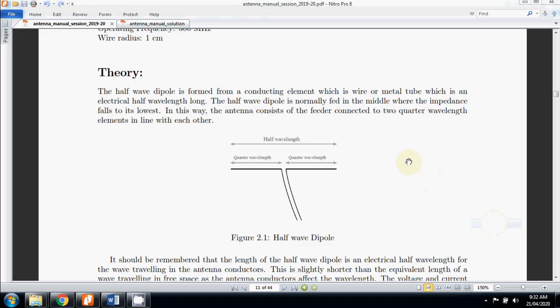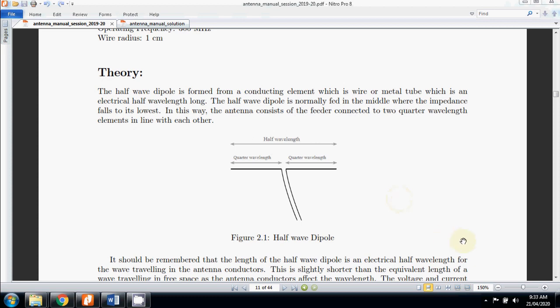Good morning everyone. The video I present here is a tutorial to learn how to design a half-wave dipole. The effort of designing a half-wave dipole will also make us learn a new tool. It's actually not a new tool. It's a very simple, basic, free of cost tool known as 4NEC2.